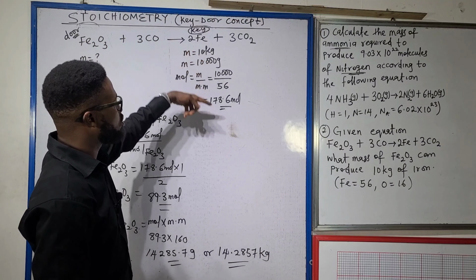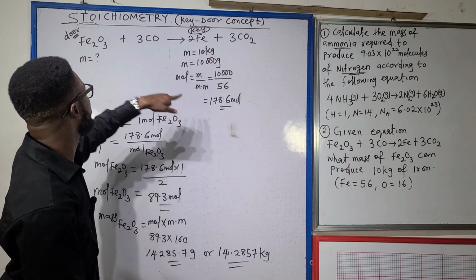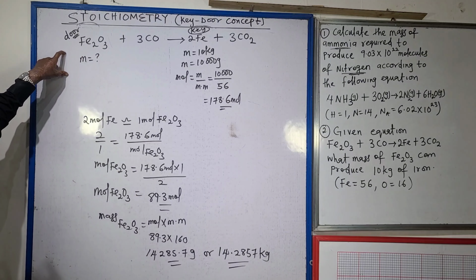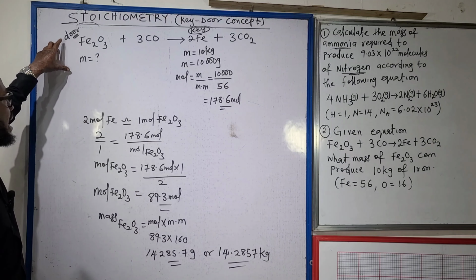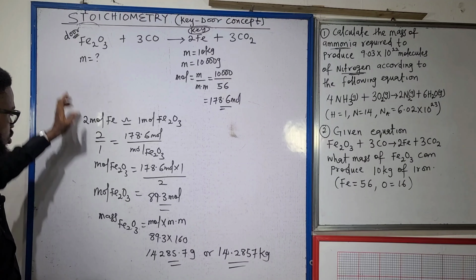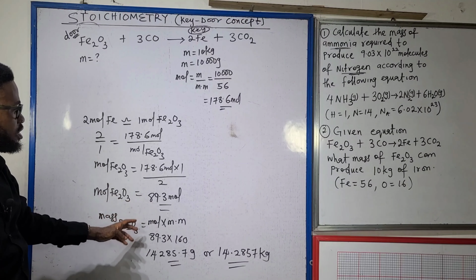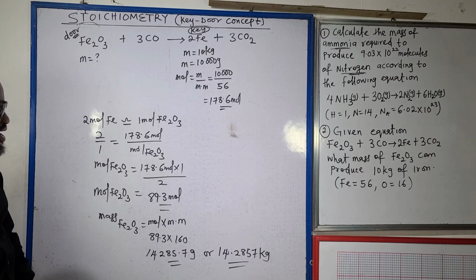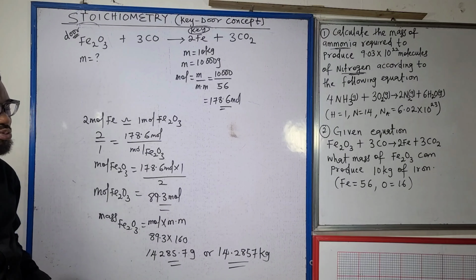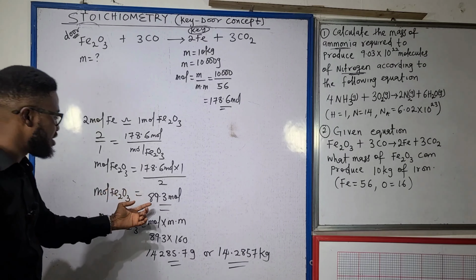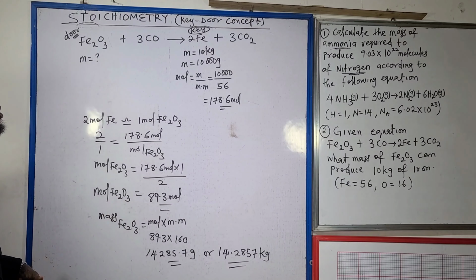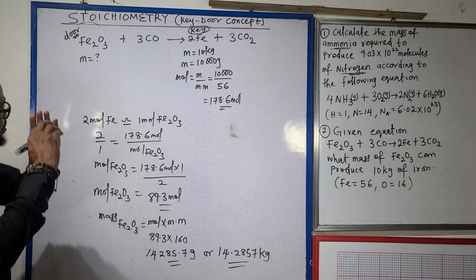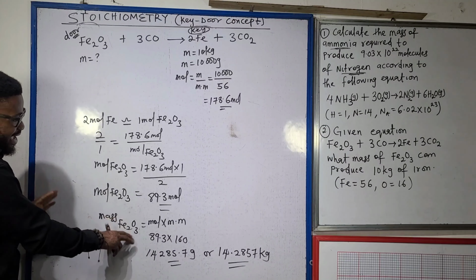Locate your key, convert it to mole, use that mole to unlock the door, and find the mole of that door. When you get the mole of that door, if they want the answer in mole, that is the end. If they want it in mass, in volume, or in number of particles, then you convert the mole to exactly what the question wants. It is a very direct process. So that ends